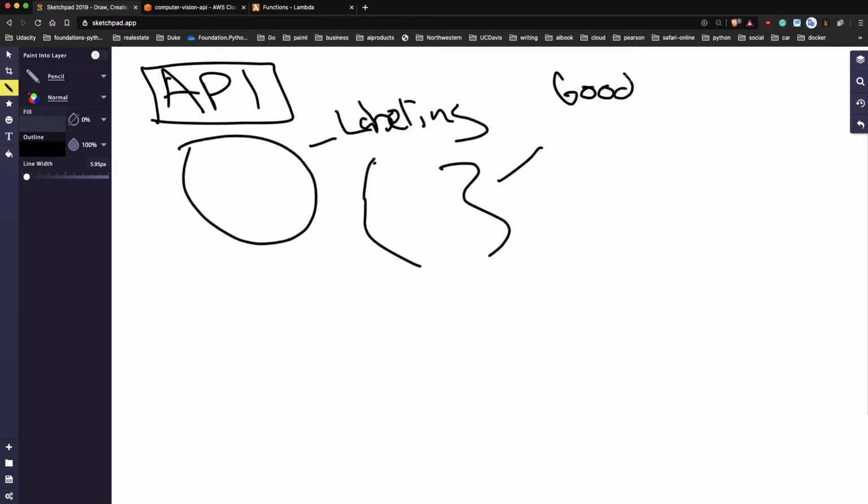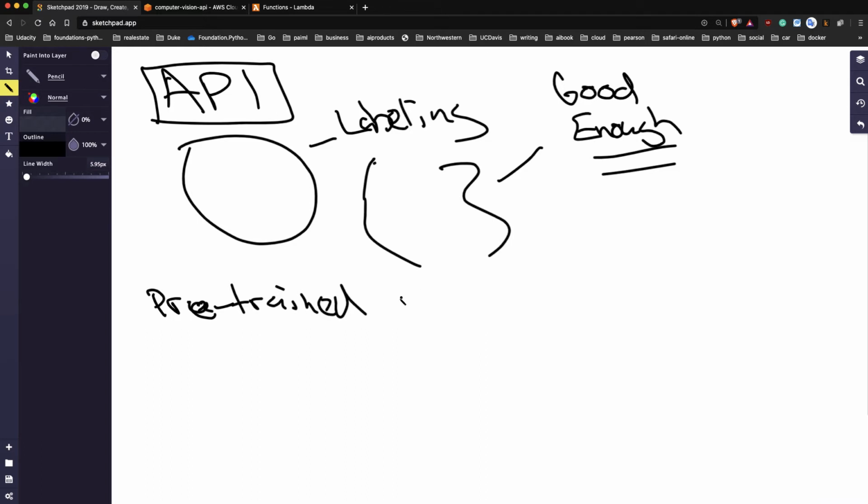So is this label actually good enough? And if so, then we could think about this as the pre-trained model. So this is the pre-trained model,